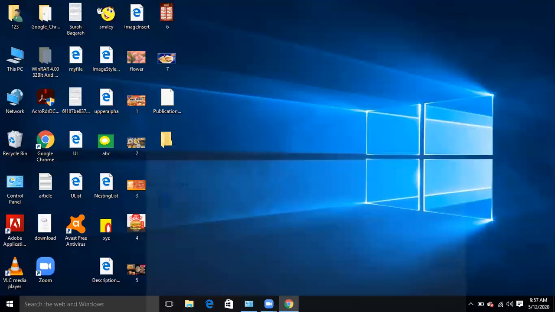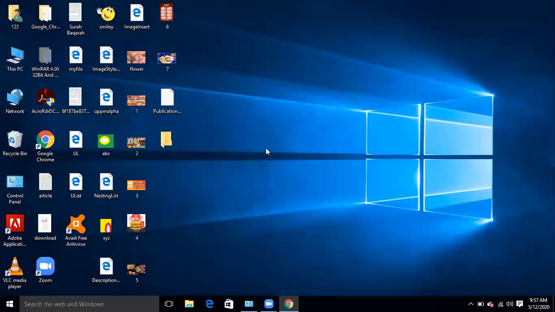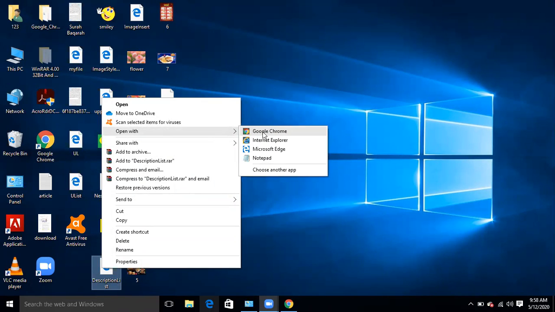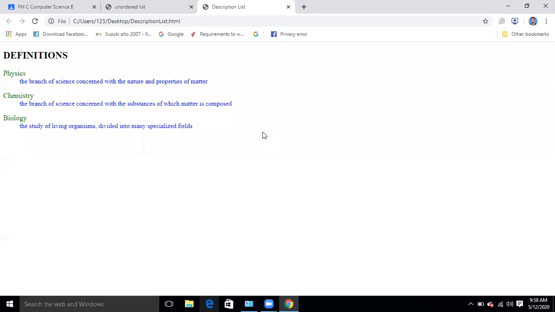So what we are going to learn today is called description list. Description list is given on your page number 59. What is meant by description list? This is the thing that we need to understand. Whenever we are writing some text in order to give detail of the headings, when we type some heading and we give some detail, see this example.